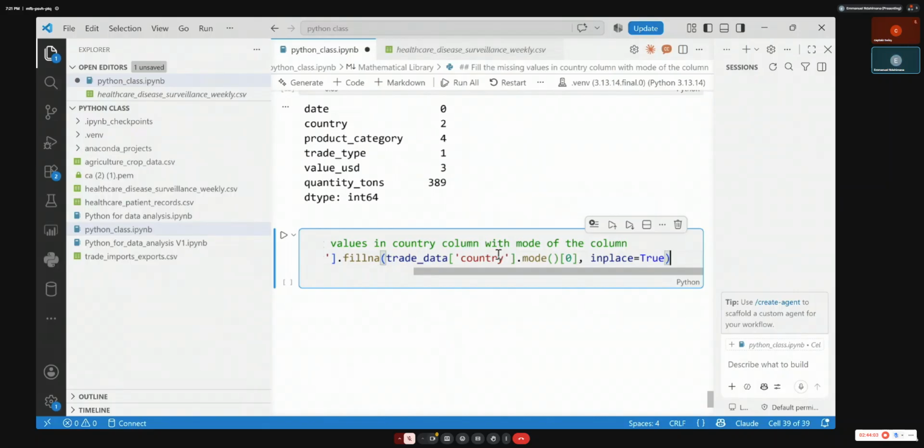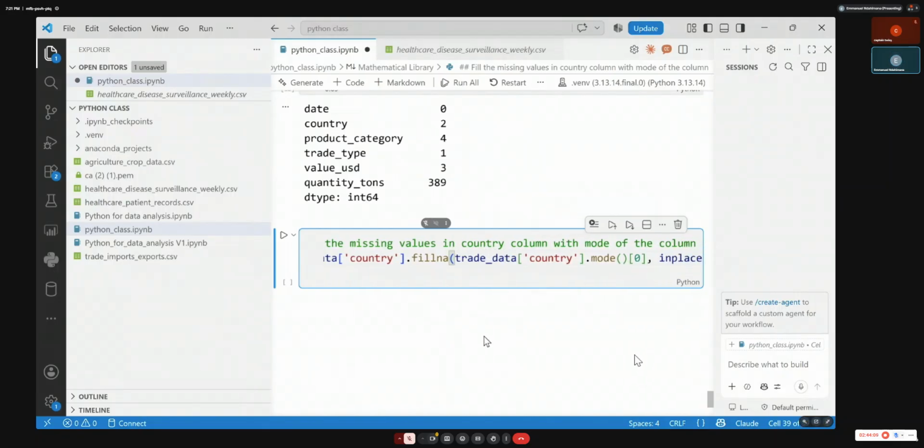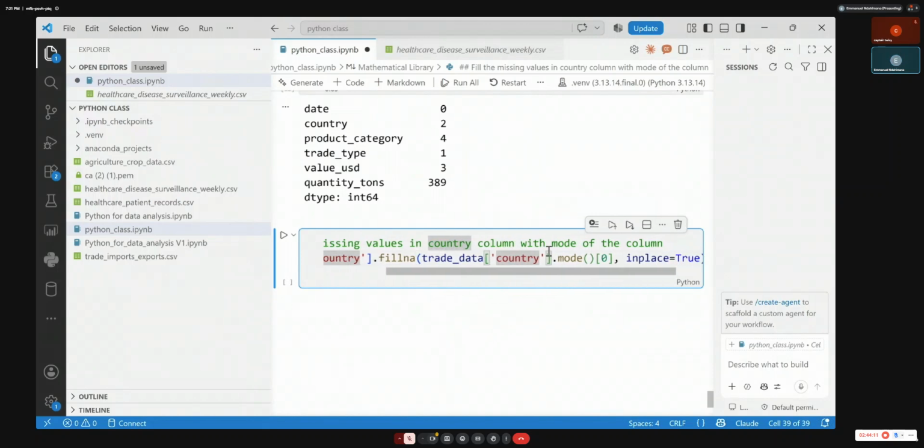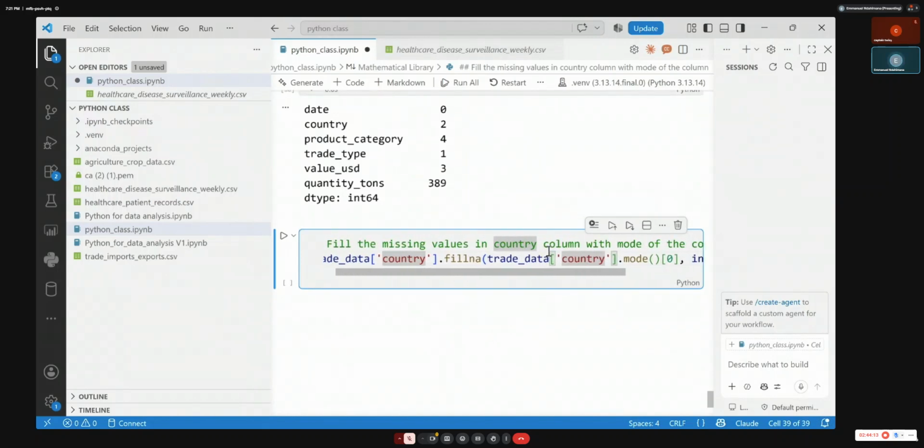You don't have to code it as long as you understand the business question or idea of what you are trying to implement. Don't struggle. So you write a good sentence: fill the missing value in the country column with the mode of the column. That's my sentence. You can use your own sentence as long as it sounds the same. It doesn't need to be mine. Don't use fill, use replace, use whatever, as long as the content is the same.